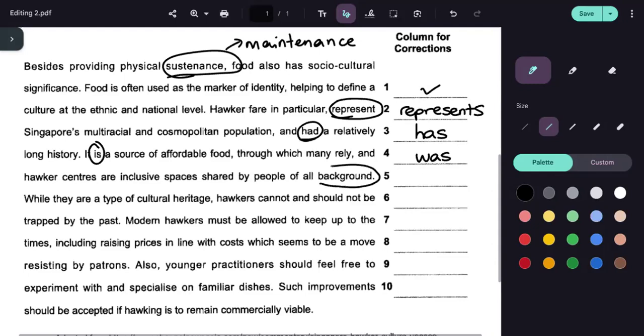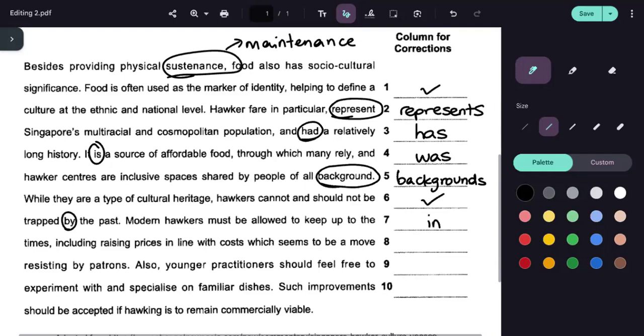Okay, because the background here, there's an error. It should be backgrounds because you're referring to the people. Okay, people, not one, not two, but multiple, right? While they are a type of cultural heritage, hawkers cannot and should not be trapped by the past. Okay, this one also no error. Very good. Okay, it should be trapped in the past